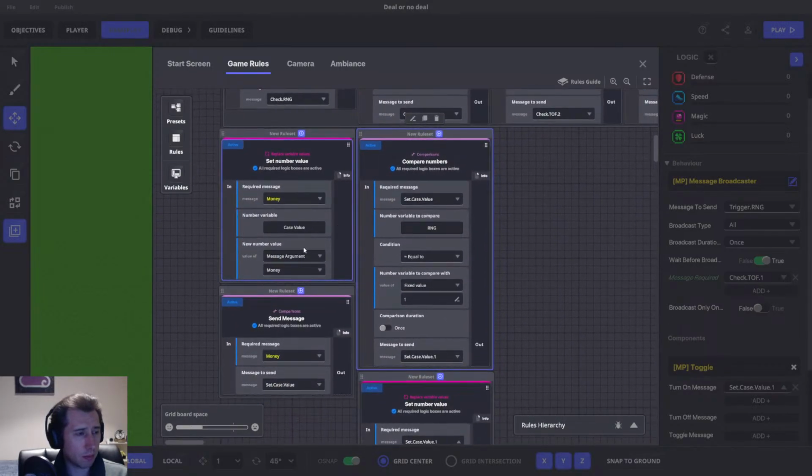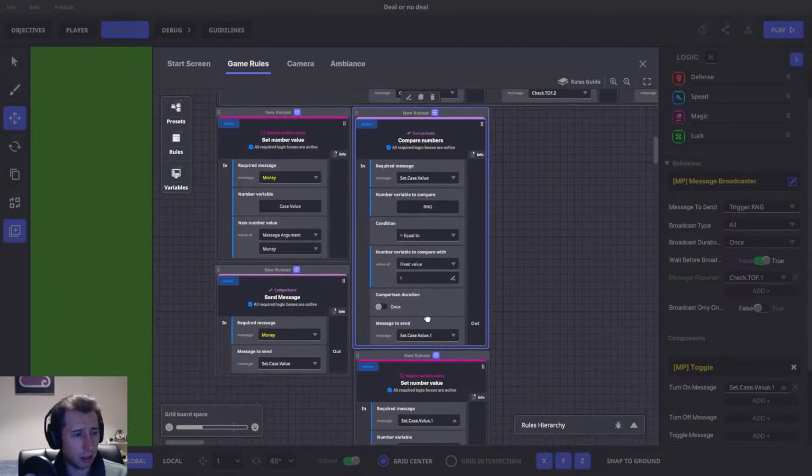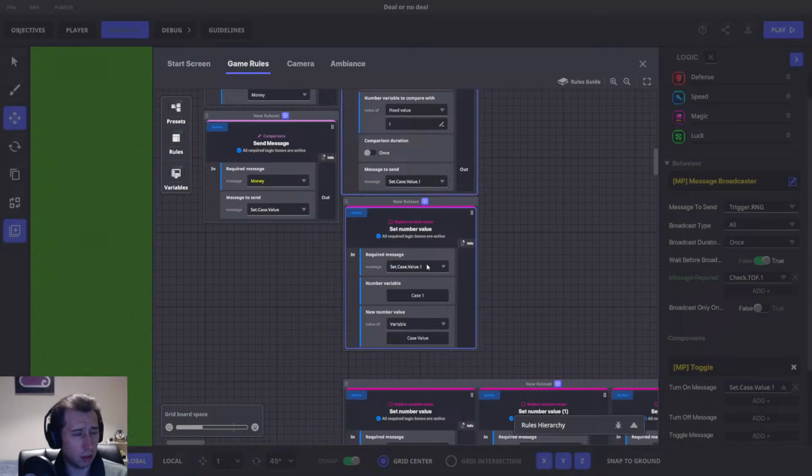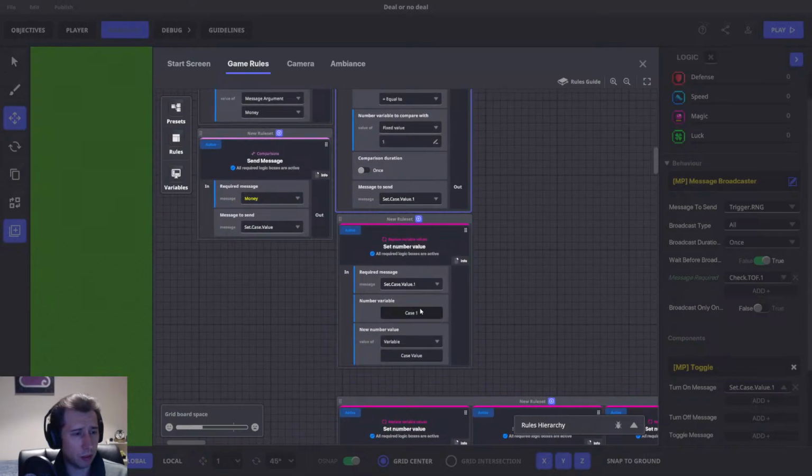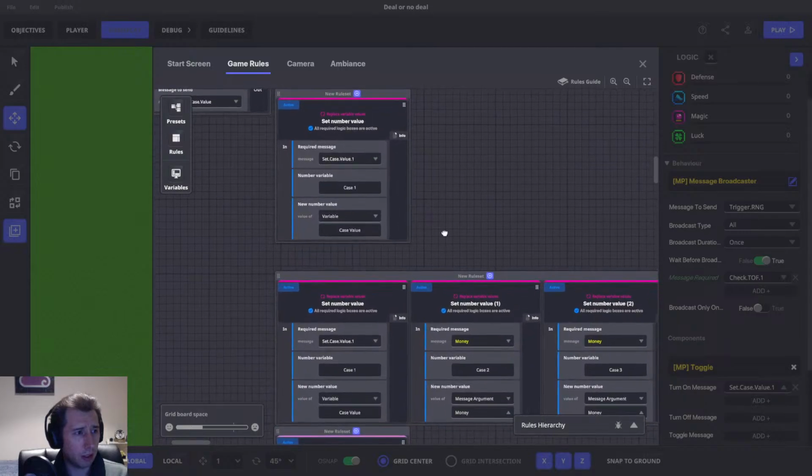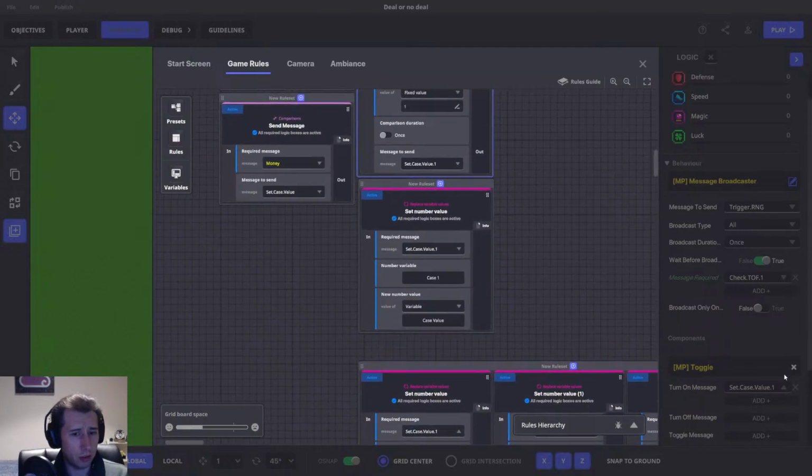So after money, set case value of RNG to equal, if RNG is equal to 1, set case value 1 is whatever the value of that, and then we can use that to toggle that off,